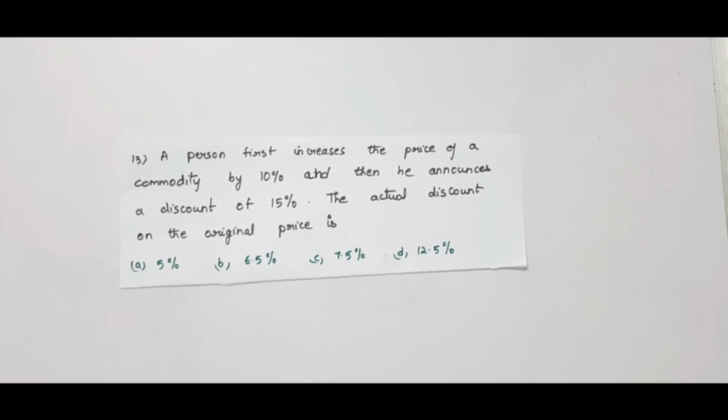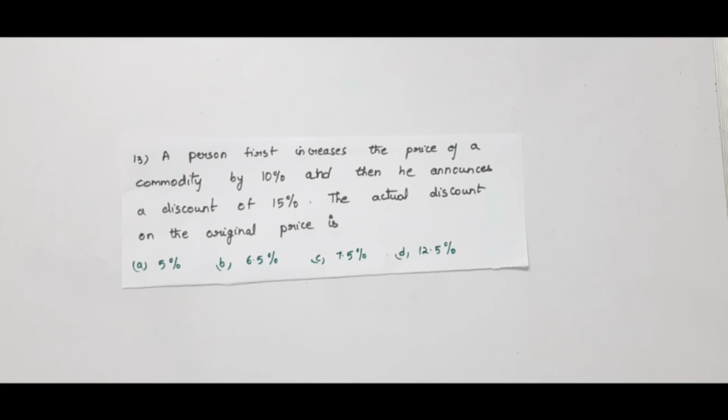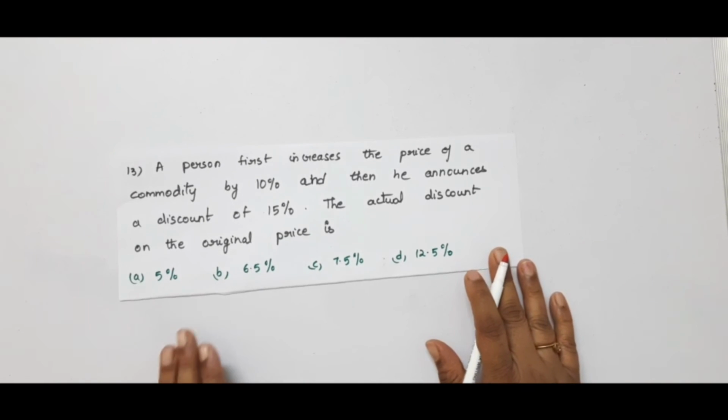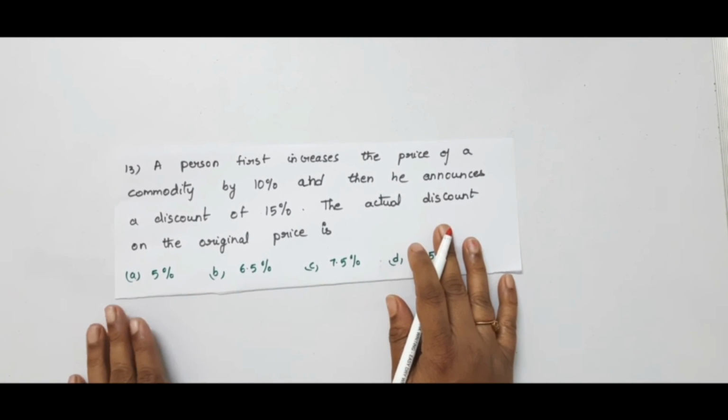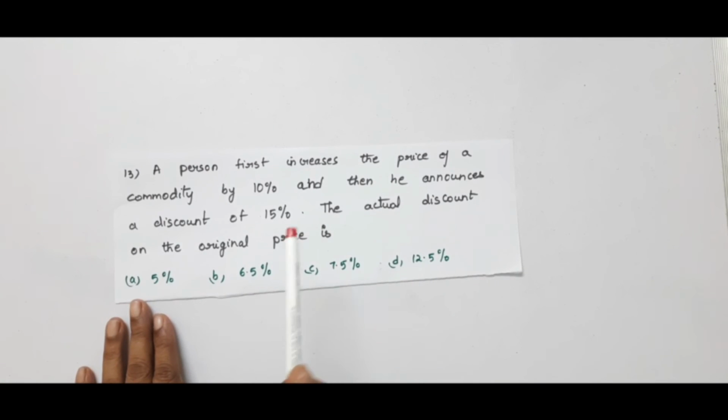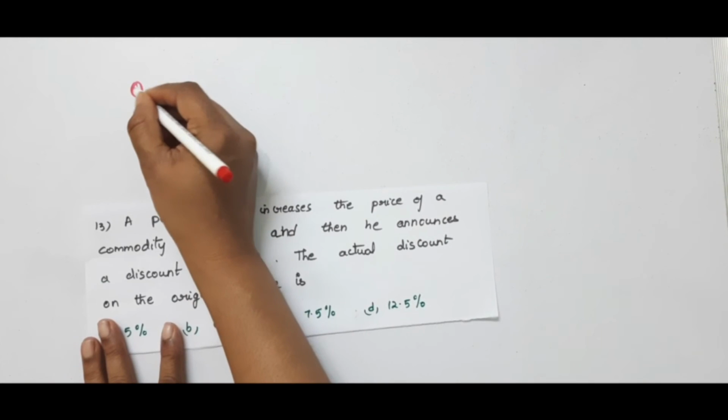Next problem: a person first increases the price of a commodity by 10% and then he announces a discount of 15%. The actual discount on the original price is: option A, 5%; option B, 6.5%; option C, 7.5%; option D, 12.5%. Okay, we have to find the actual discount on the original price. But he didn't give the original price. But he said that he increased the price by 10%. So let us take the original price as